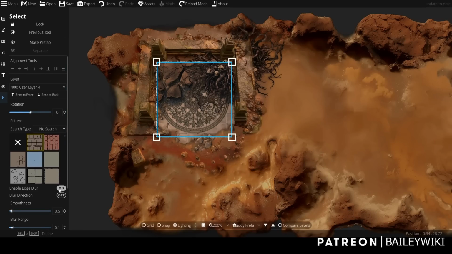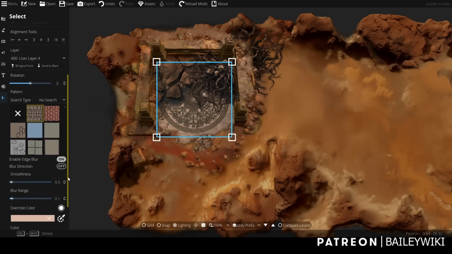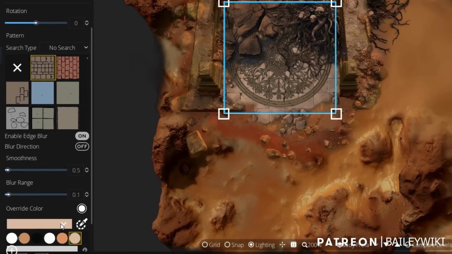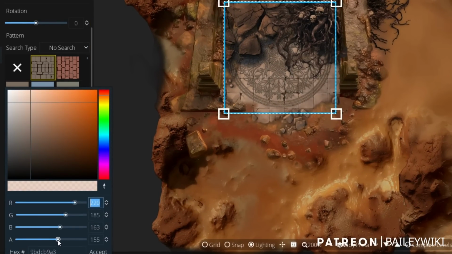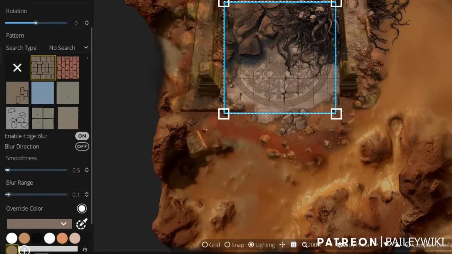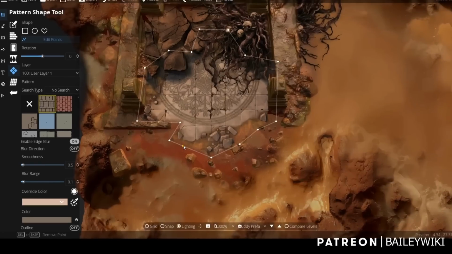And let's just enable the edge blur. It's going to give us some of that coloring and things from earlier. Let's change this so it merges even more. Let's make it less opaque. So now it's kind of merging in like it was